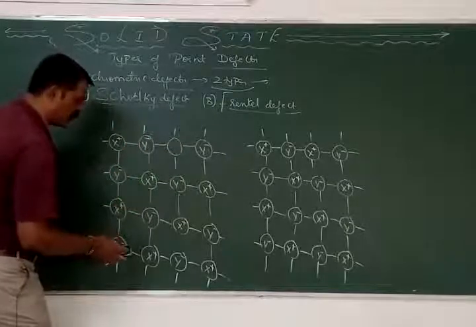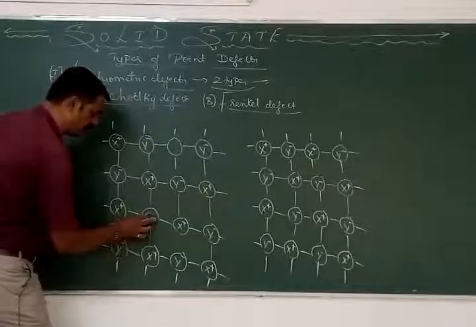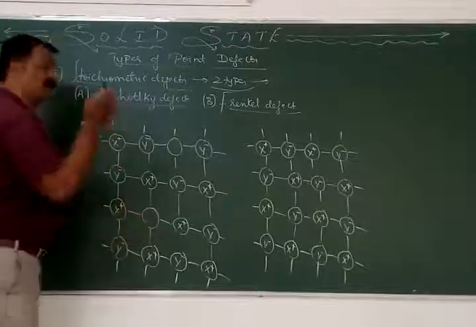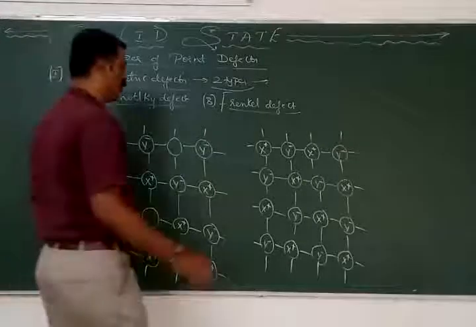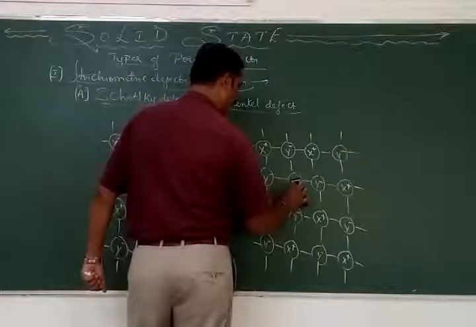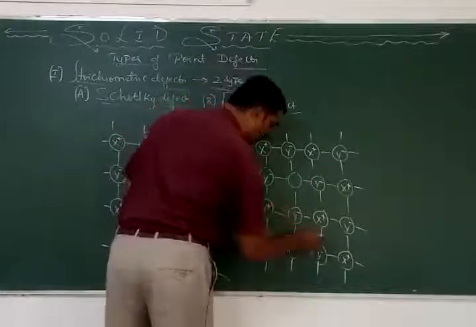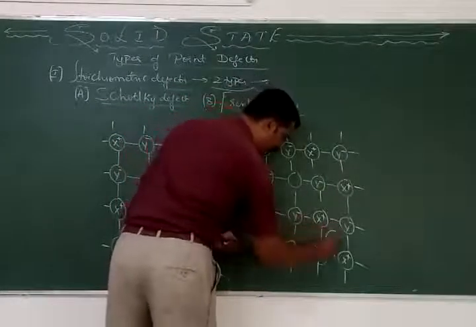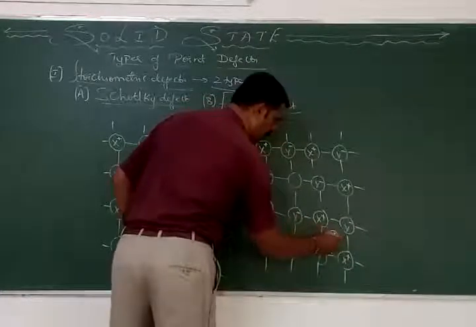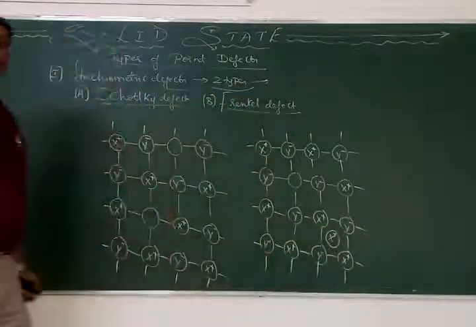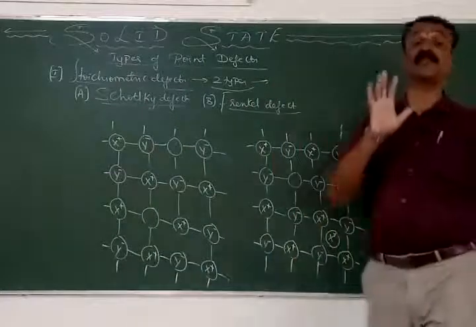X plus gets removed here, y minus gets removed here. So this is called a Schottky defect. X plus I will remove here, and this has entered here. For example, I removed this, therefore it is x plus. So this now becomes imperfect, or it is also called a defect, and that is particularly maintaining the same